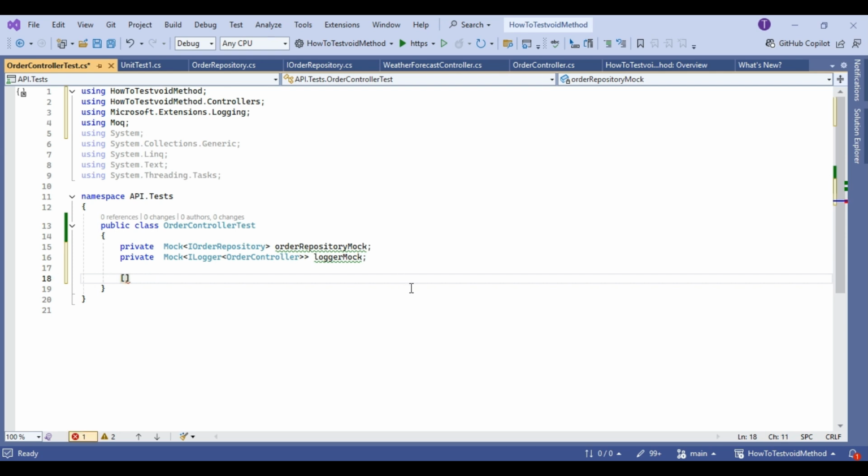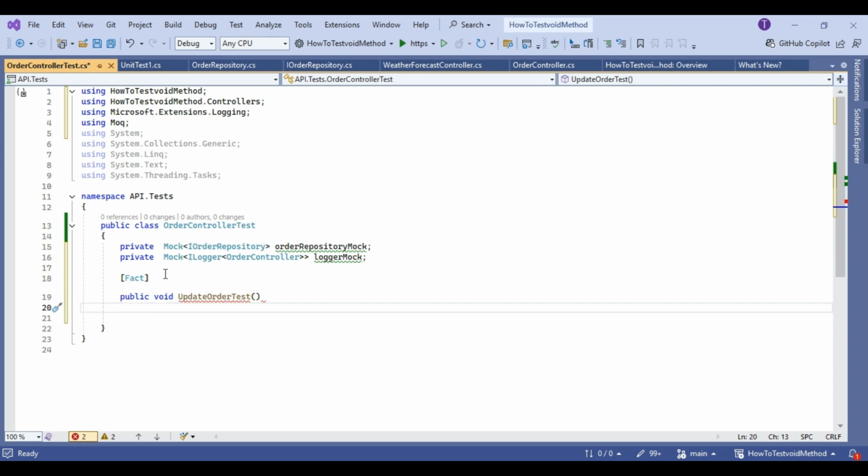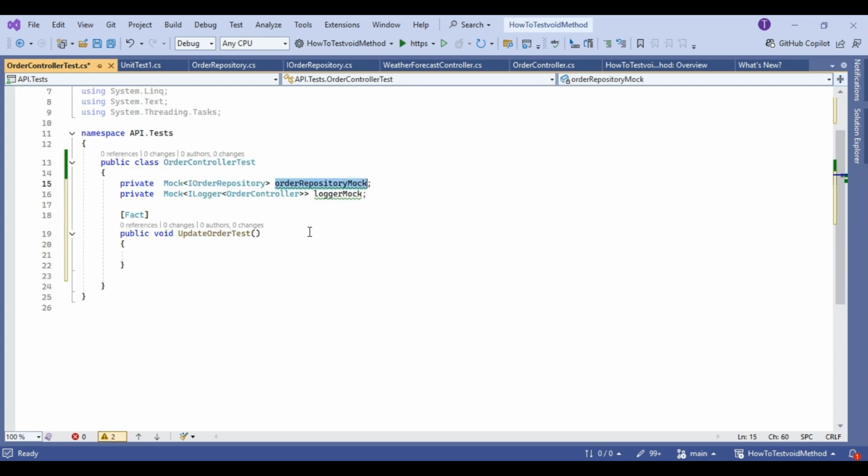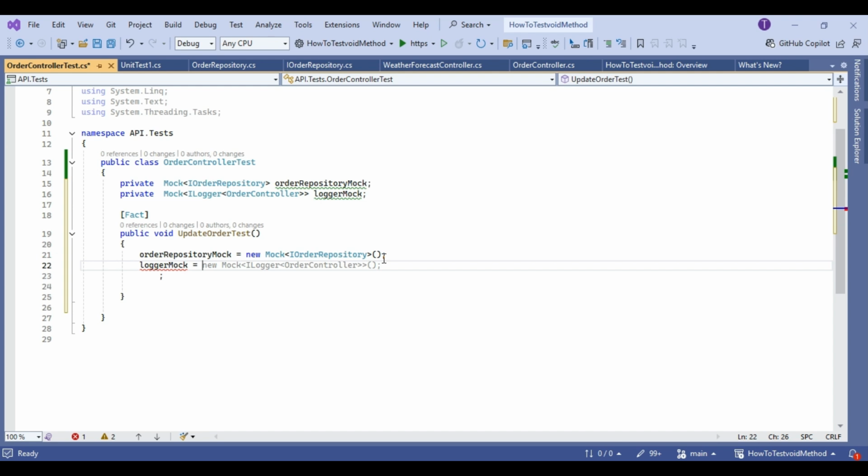So we will write it with Fact, then we are going to write a public void UpdateOrderTest, something like that, and then we will try to create the mock object here, a new mock repository, and this equal to it. And then we have the variable controller, basically the order controller,